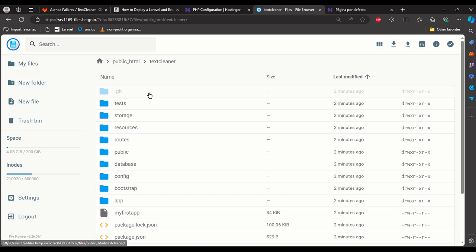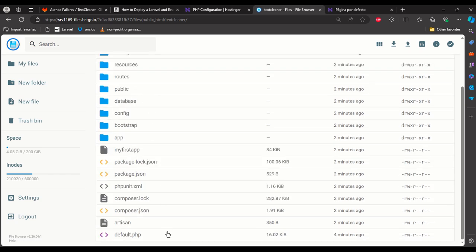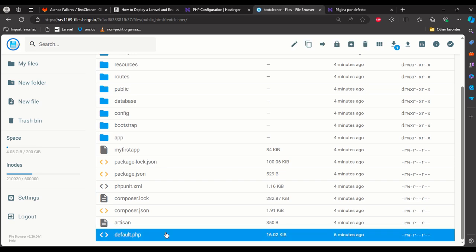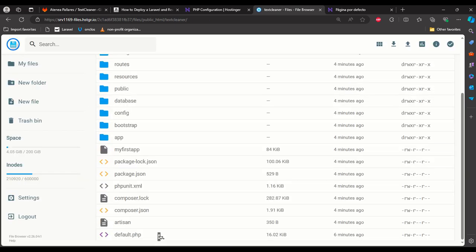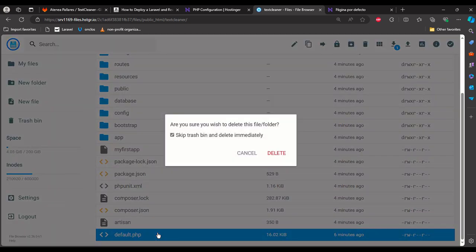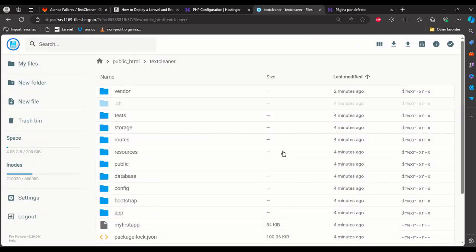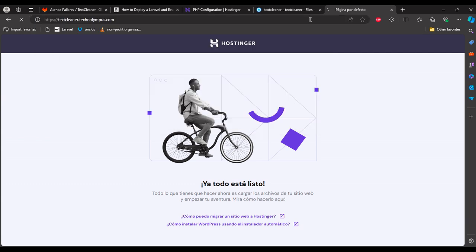Okay, so here in the text cleaner it's opening the default PHP. We are going to open it, and here is the one that is showing, so I'm going to delete it and I'm going to update it.